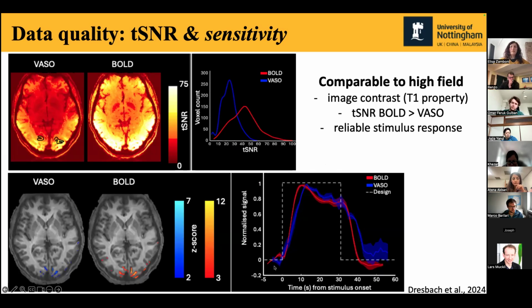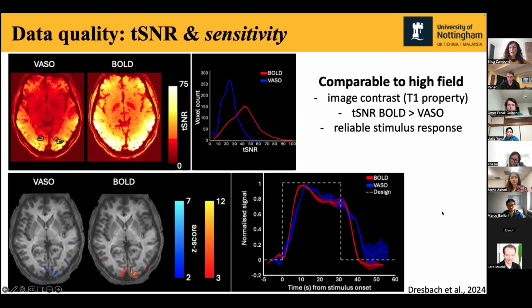We can see that we have a reliable response. Both bold and vaso peak around roughly 10 seconds post-stimulus onset, and then they go back to baseline once the stimulus is offset as well. In terms of the mapping onto the brain, we can see that it's quite consistent across the contrasts. So in general, the quality of the data and the sensitivity of it was quite good, and we were happy